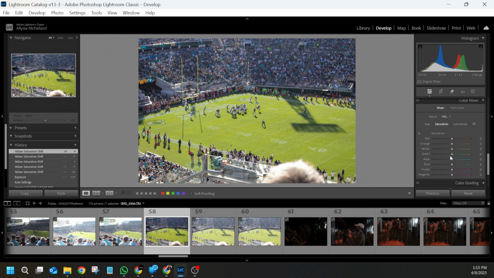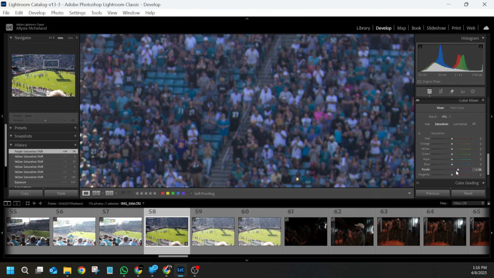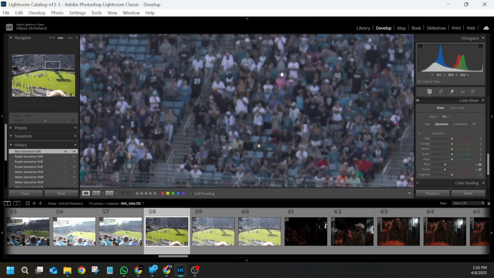So you can take saturation out of different colors. That takes out the purples that's in the photo, which a lot of colors on your camera are gonna show up. A lot of blues, a lot of purples, in order to make those colors pop. The teal seats are really blue, so you can take that out or add to it